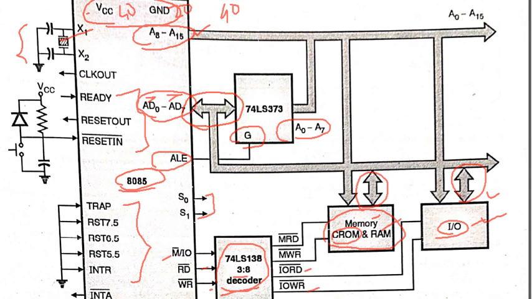This AD0 to AD7 is also bidirectional because data can be read and written, but in case of the address bus it is unidirectional, because the address is only generated by this processor 8085, not by the memory. So in the same way the address bus is unidirectional for the memory to access the address of the data, and the same for this input output device, we can access the address of a particular memory location from this input output device.